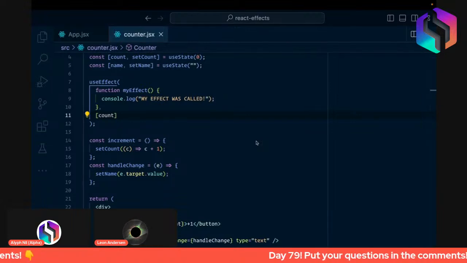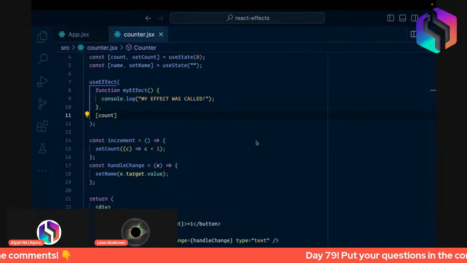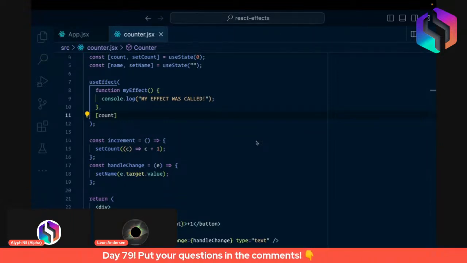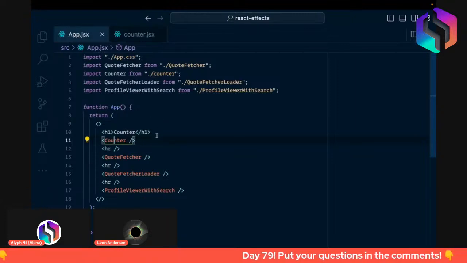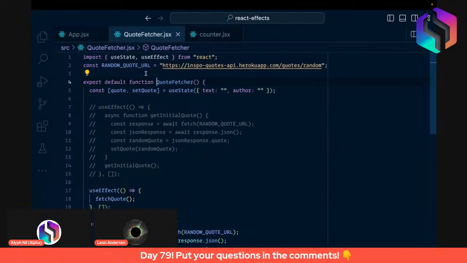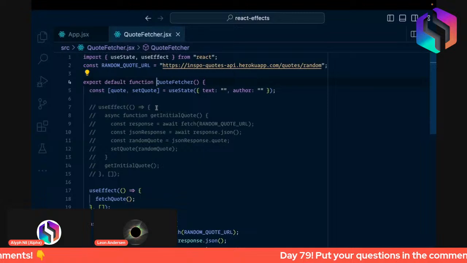And so in this case, anytime that we press the increment button, the console.log went off. Not a useful component so far, but if we go to the component that's after that in the app.js, the quote fetcher, here we basically fetch quotes from a quote API,